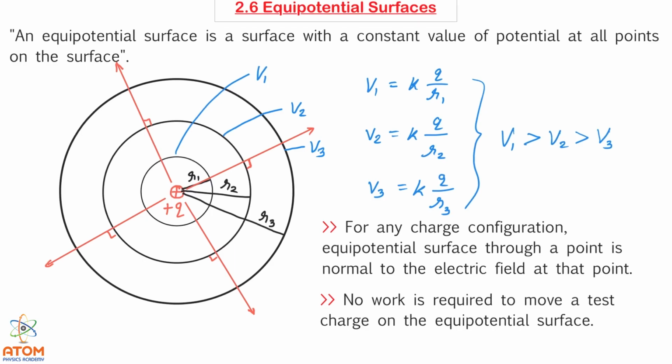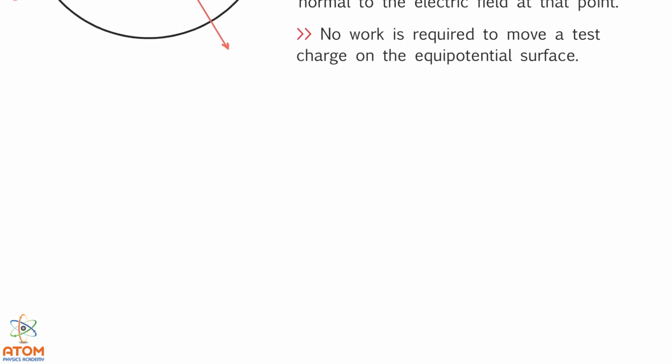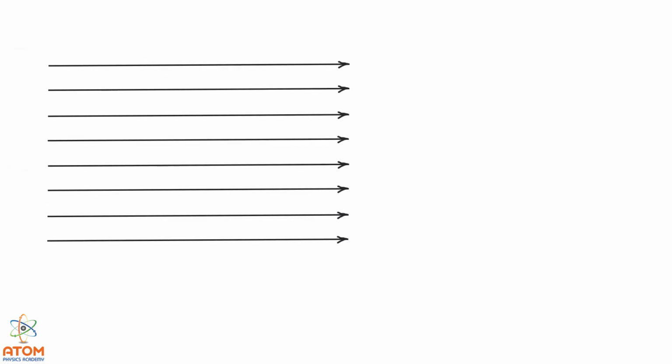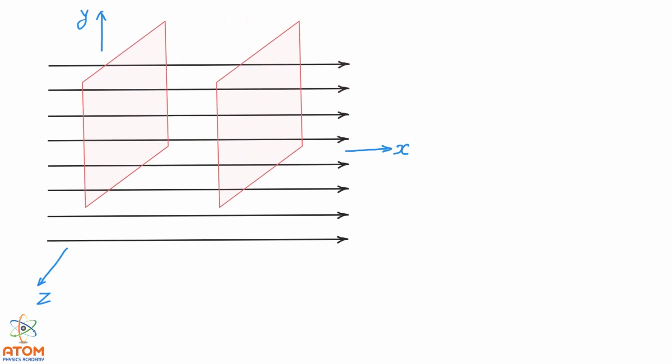Now let us draw equipotential surface of uniform electric field. Here is a uniform electric field, let us say in x direction. This is x direction. Here is, let us say, y direction, and this way in crossword direction I should show z direction. Now I place this type of